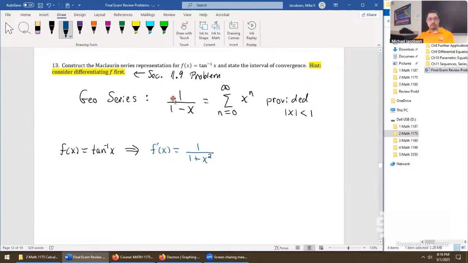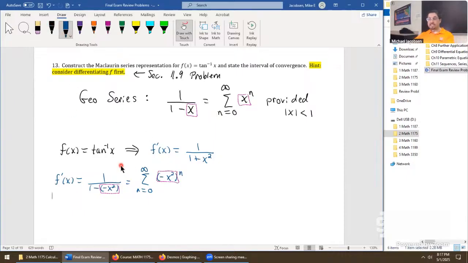Now we're just matching up the format. We already have 1's in the right position. We just need double negation here to get the minus some expression for x, and whatever we put there just gets raised to an nth power. So let's rewrite f prime at x as 1 over 1 minus negative x squared. So now it's a sum from 0 to infinity of negative x squared to the power n. So we just took whatever is here and dropped it into that position, maintaining the same structure for the geometric series.